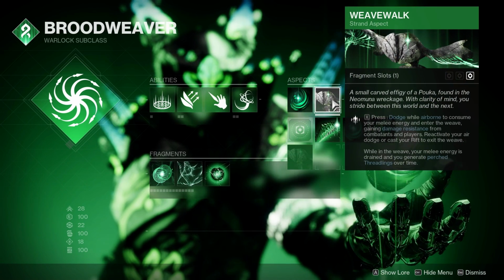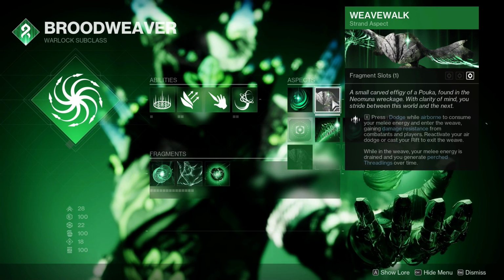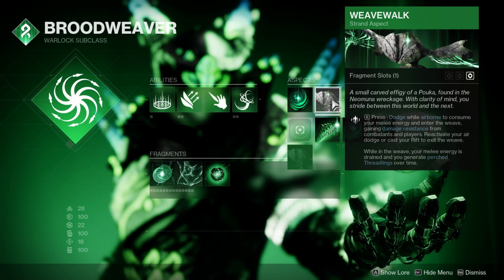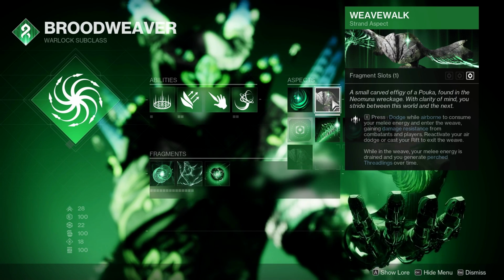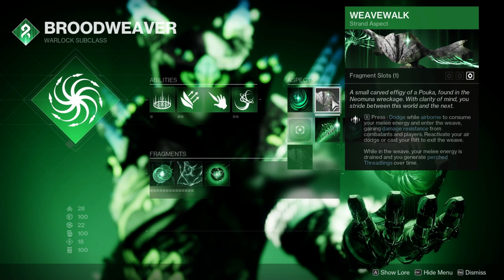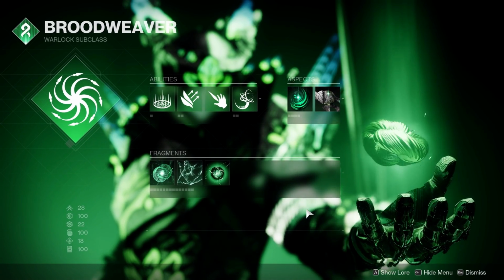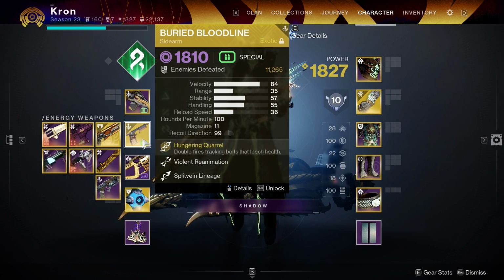Then I have Weavewalk, which is absolutely broken. So when you dodge in the air, it will consume a melee, and you'll basically Weavewalk and gain an incredible amount of damage resistance, which does stack with Woven Mail. It also stacks with 100 Resi, and of course, while you're doing that,